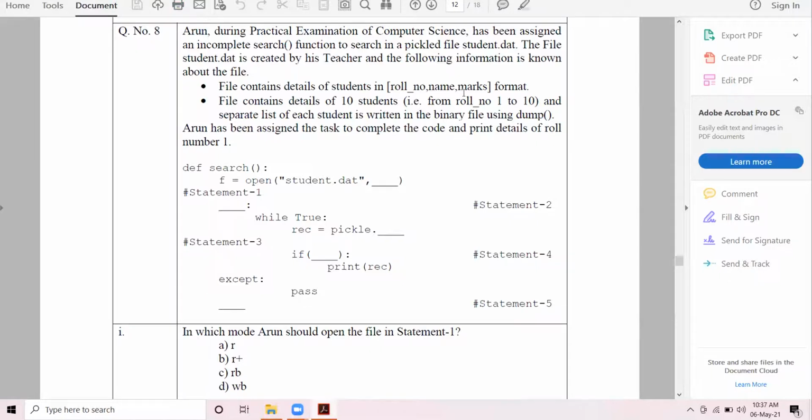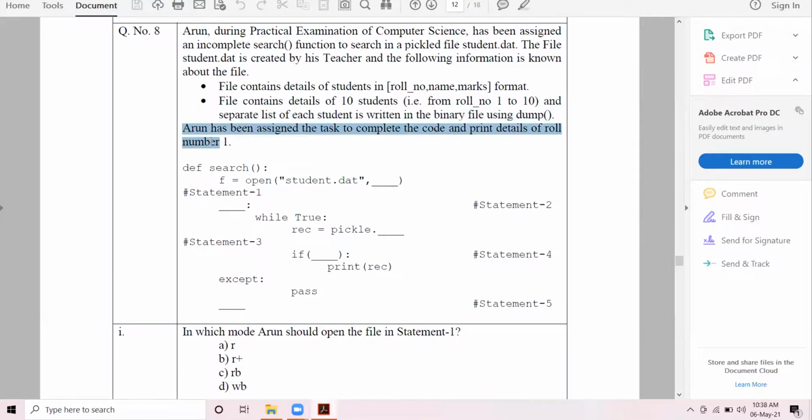The file contains details of students in the format of a list. The file contains the details of 10 students, that is from roll number 1 to 10, and a separate list of each child is written in the binary file using the dump function.